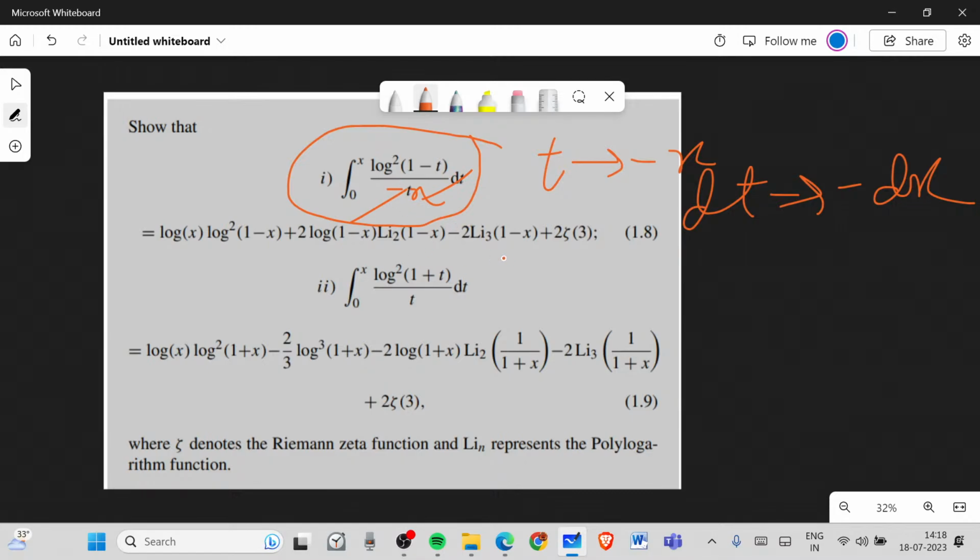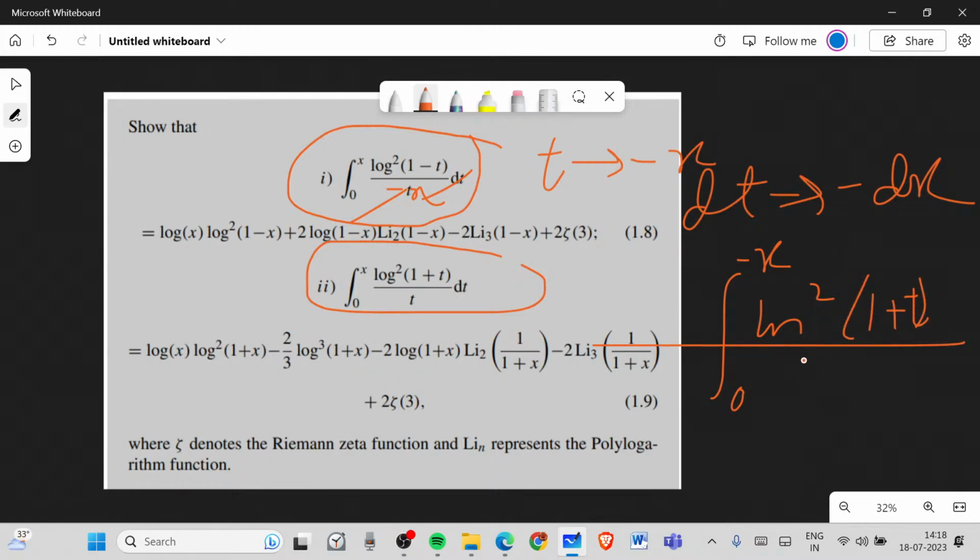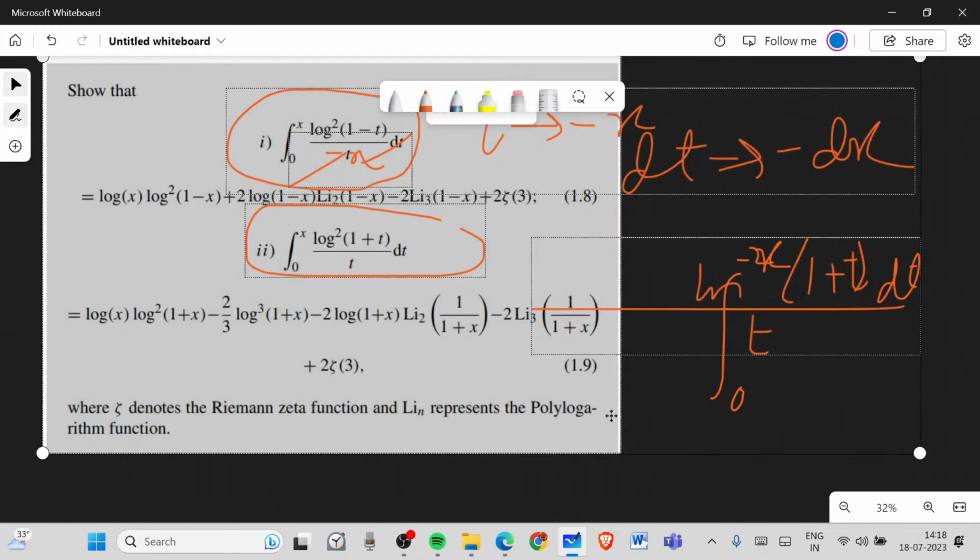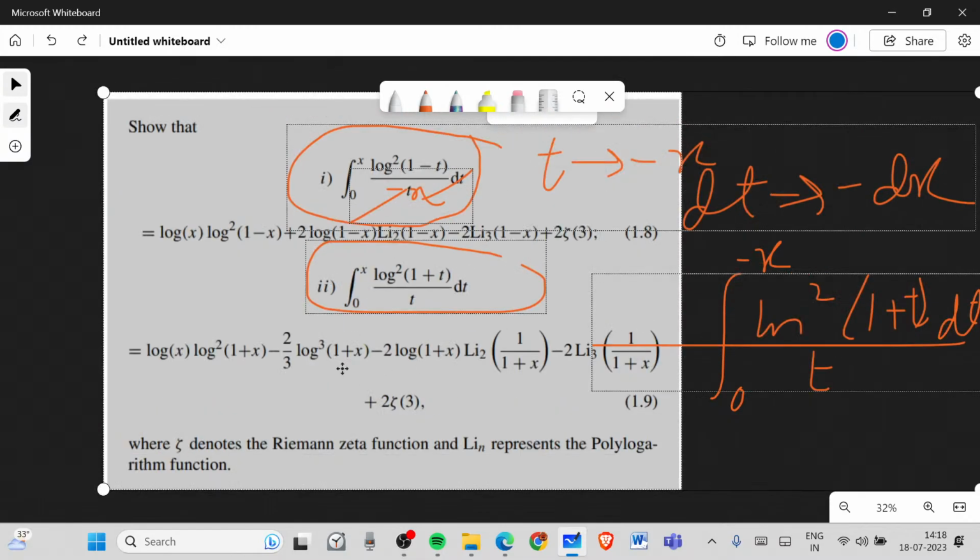It will simply become this integral, with an exception: integral 0 to minus x, and this thing ln square 1 plus t by t dt. Okay, so first of all, just to make you understand what we are going to do,